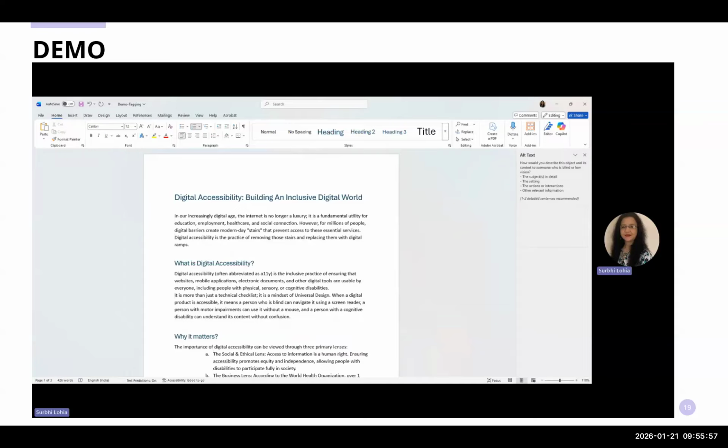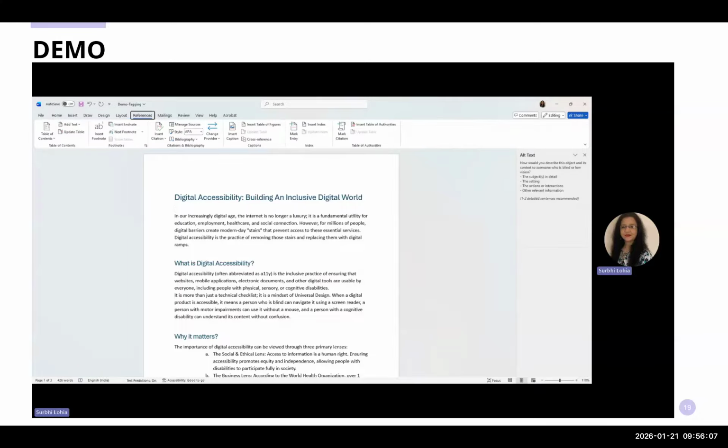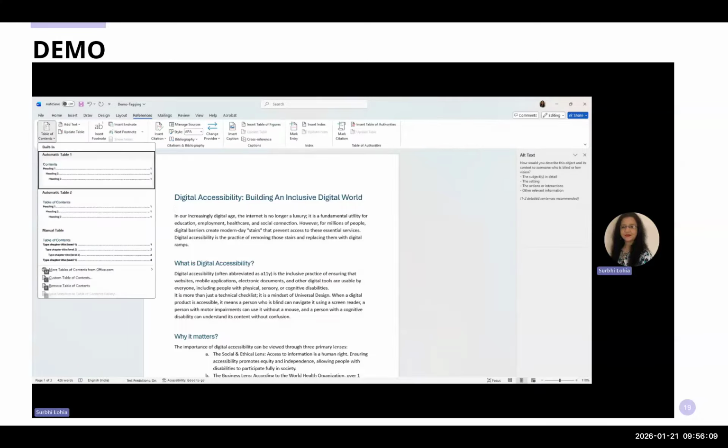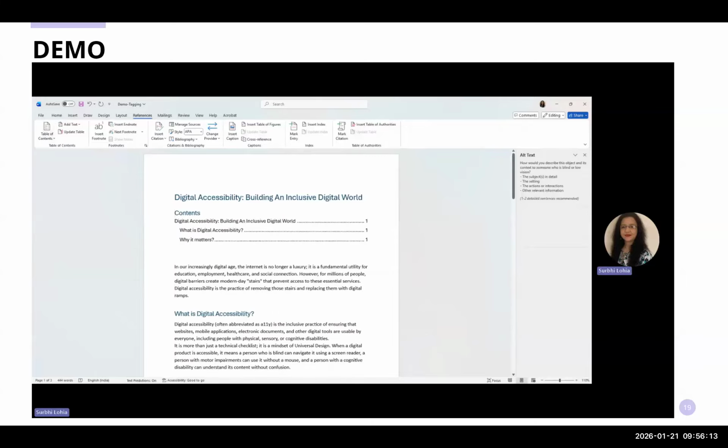Now quickly, I can also create a table of contents using these headings. Top of file. Upper ribbon. References. Table of contents. Built-in. Automatic table 1. Enter. Table of contents. Link. Why it matters. Link. What is it? Link. Digital accessibility. So as you can see, whatever headings were given the heading tag, automatically it has been taken as a table of contents,